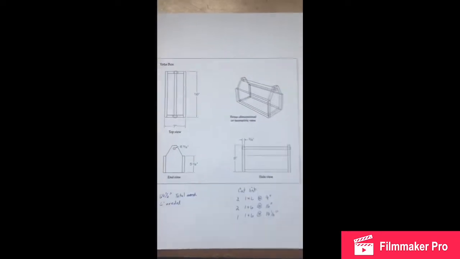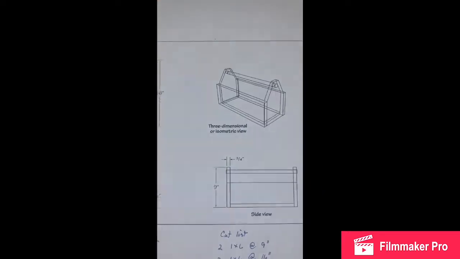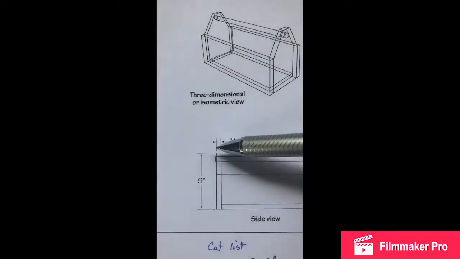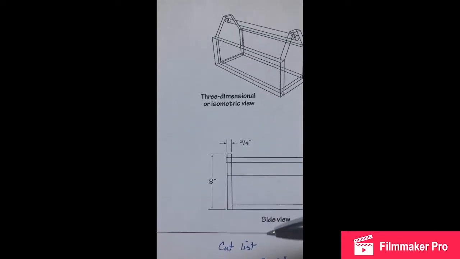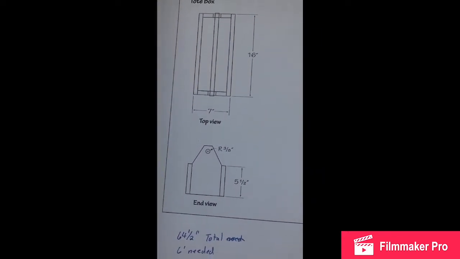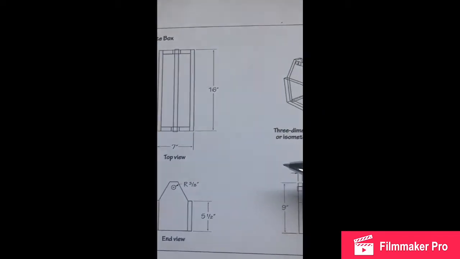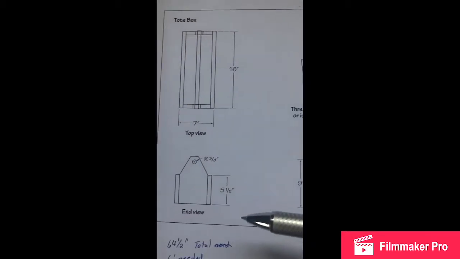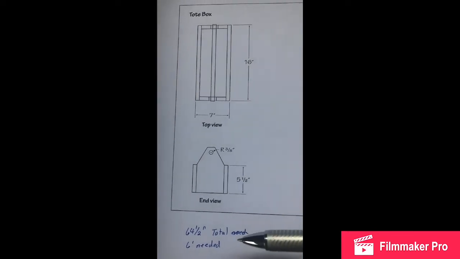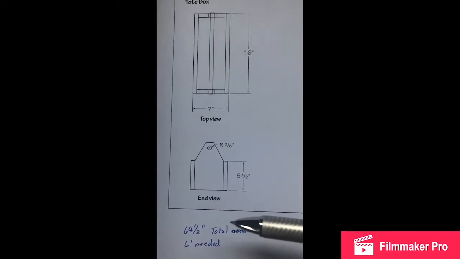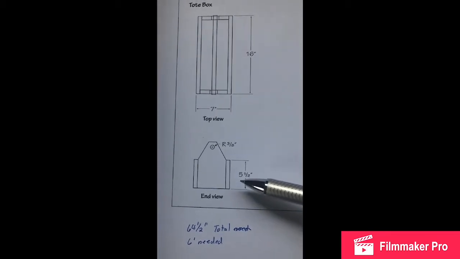Okay, so here we have a print that clearly marks the thickness of the material that we're going to use. If you notice right here, it tells us that the thickness of this material is 3/4 of an inch. And we can tell by looking at this print that we can assume all this material being used is the same, so it's all 3/4 of an inch. We can also indicate here that this is 5.5 inches tall. So from your nominal exercise lesson, you understand that anything that's 3/4 of an inch thick by 5.5 inches tall